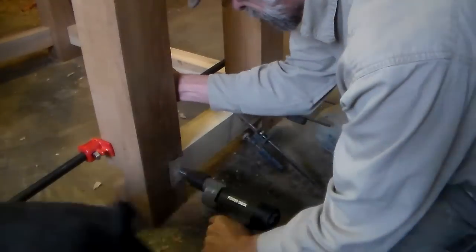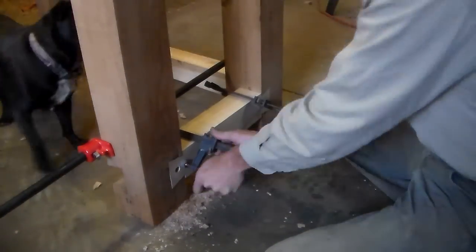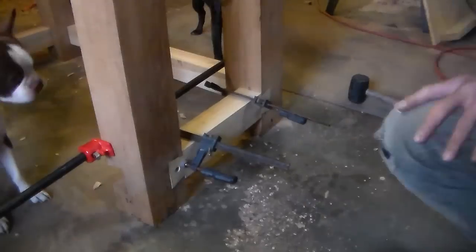So anyway, right now I'm actually putting in the cross members down low, the dovetail cross members on the ends, and I'm using the dowel trick that I explained in the last video,